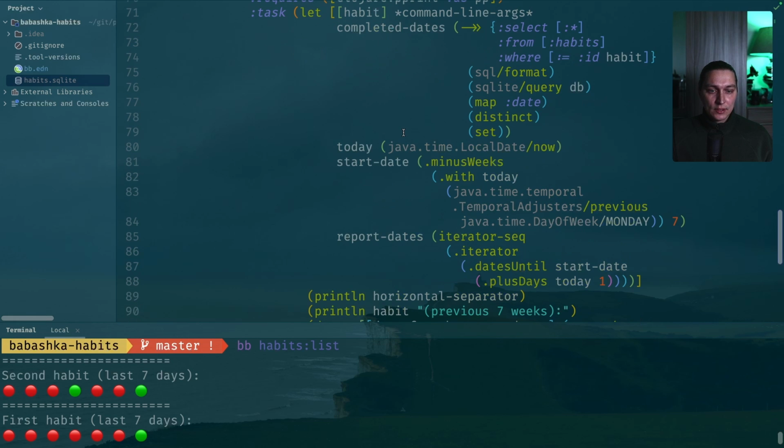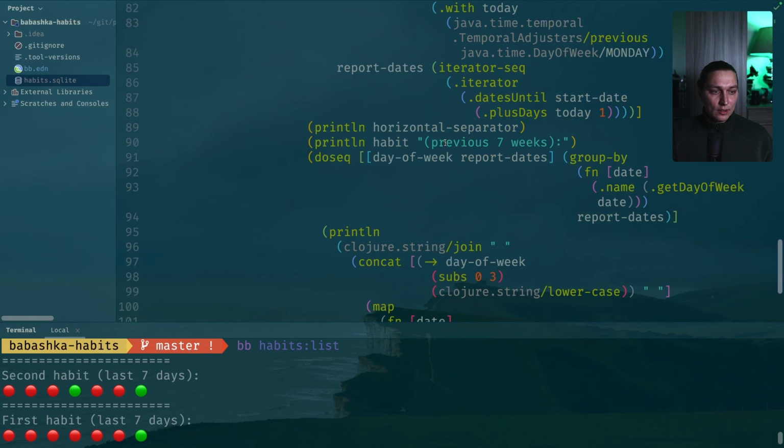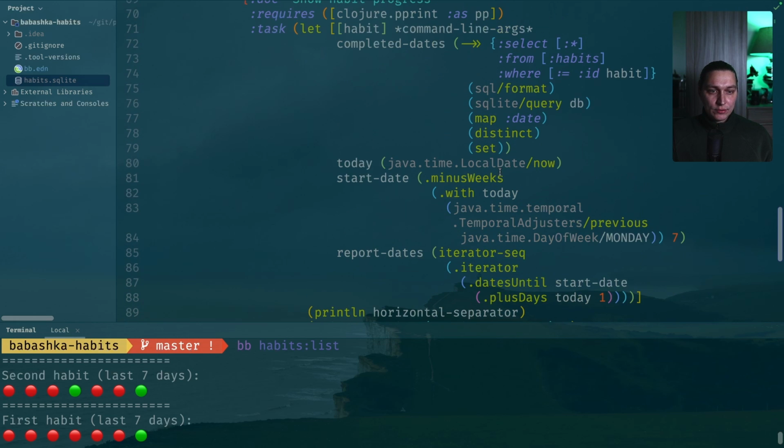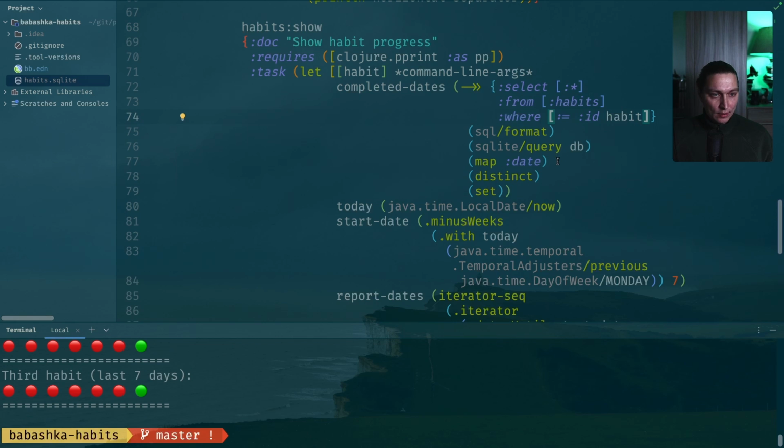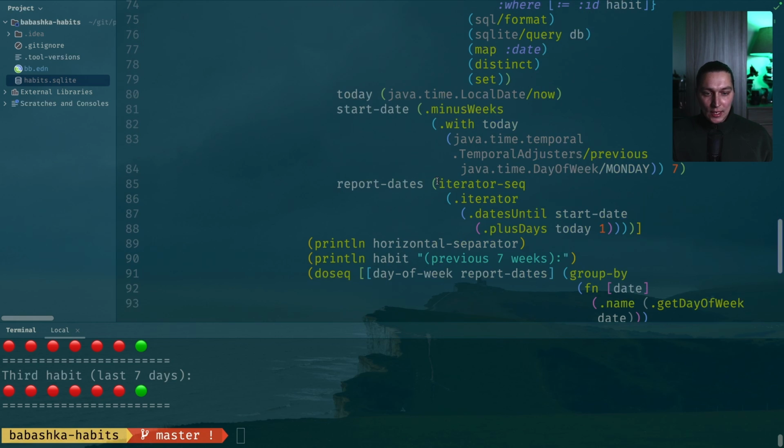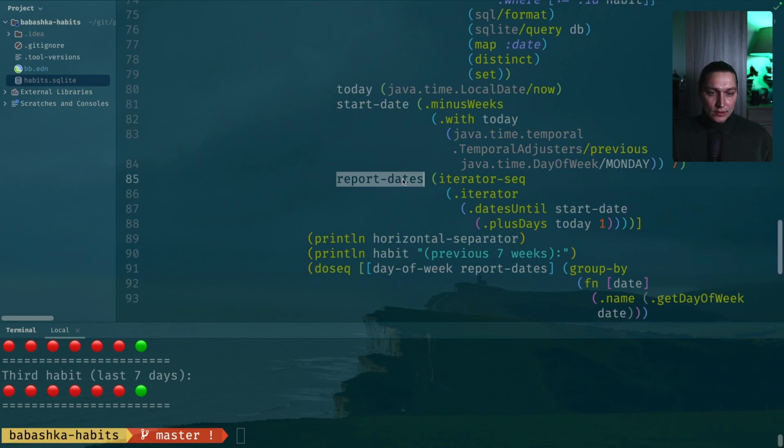In this case, when we do a query to the database, we are now only interested in rows where ID equals the habit, because we pass it into the params. But after that, we basically have these completed dates. We already mapped that into map date here. So this will be just a set of all completed dates from the database. And after that, the idea is pretty similar. I generate these report dates,